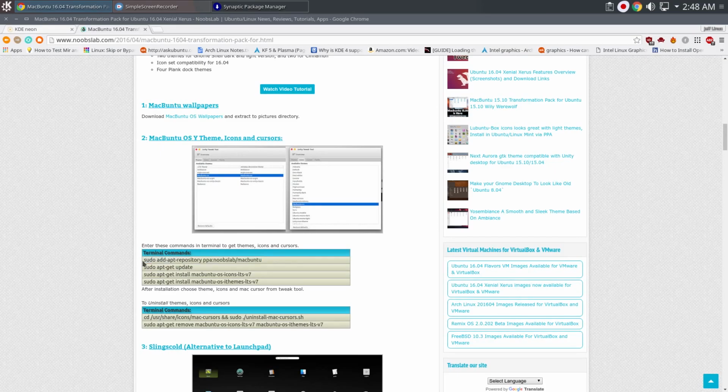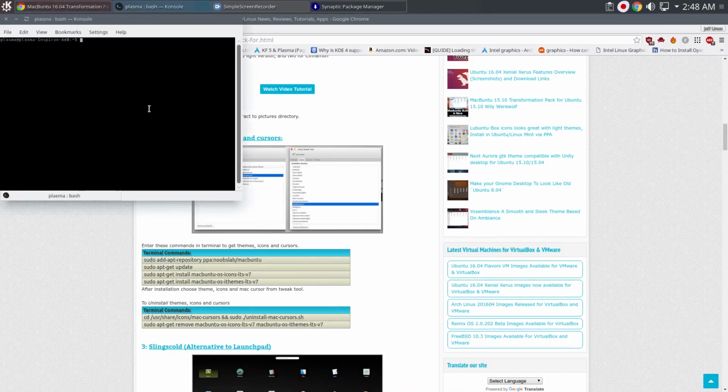If you try to install any of these repositories, it's not going to work. So what you actually have to do, if I can go back far enough to remember,